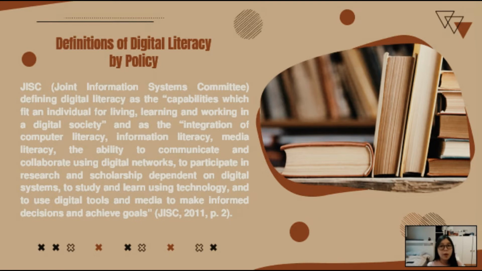Next, we talk about definition of digital literacy by policy. The policy is JISC, Joint Information Systems Committee. JISC is a non-profit company that provides IT networks and services and digital research to support higher education and research institutions. JISC defining digital literacy as the capabilities which fit an individual for living, learning, and working in a digital